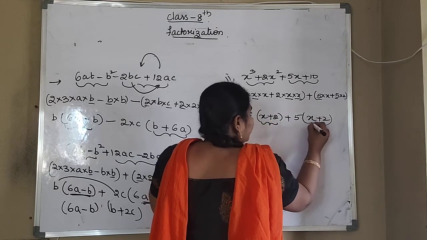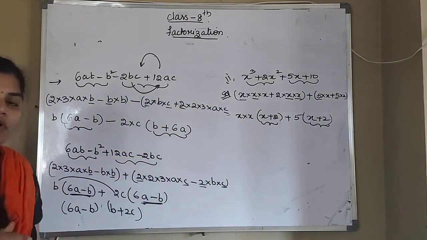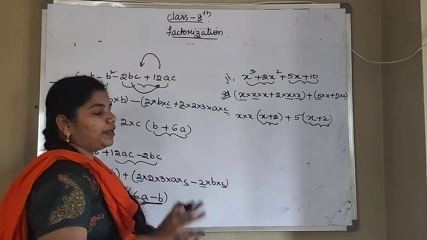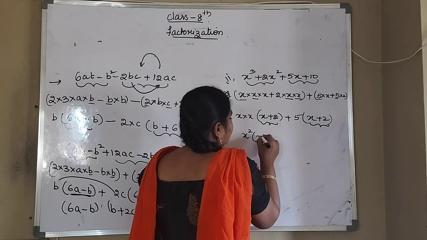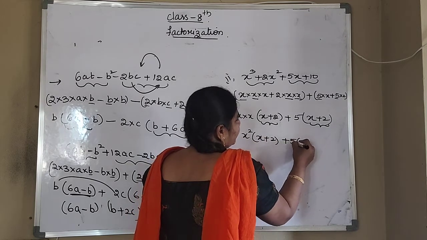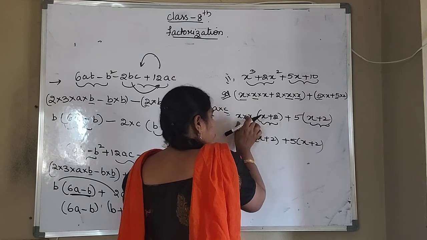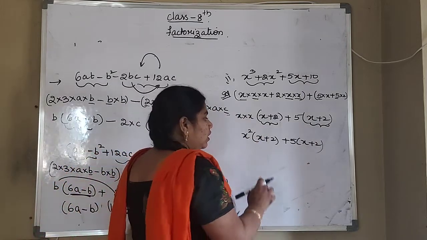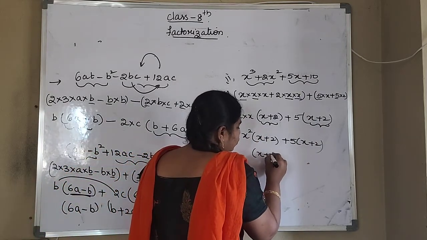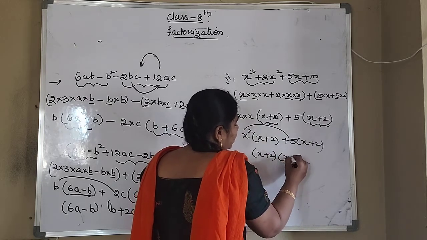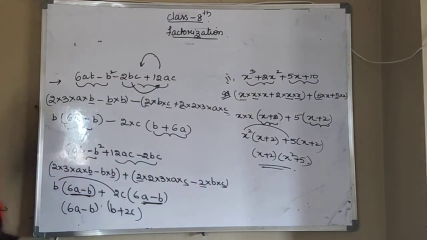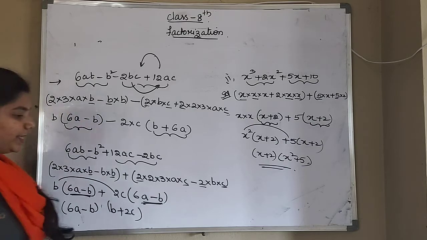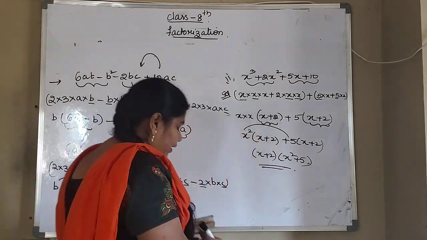Okay, so this factor and this factor are both the same. So what we did is correct and there is no need for rearrangement for this question. So x into x is x square, x plus 2, plus 5 into x plus 2. I have just multiplied this. So what are the factors here? One common factor is x plus 2 and the other factor is x plus 5. So this is our factorization for the given 4 terms. Okay. So next we will see one more example for this rearrangement.